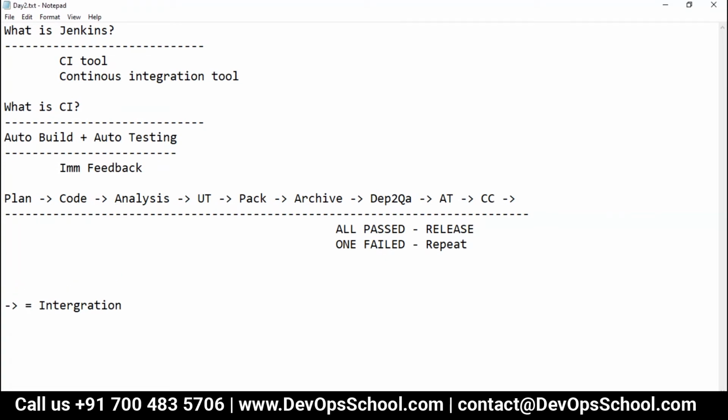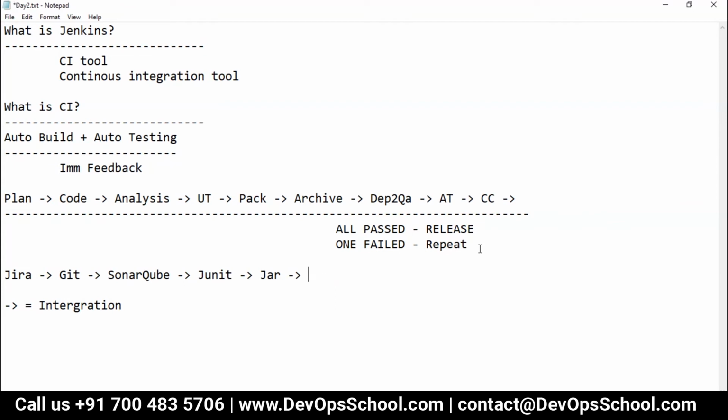Look at this. Planning typically we do with the help of Jira. Coding with the help of Git. Analysis we do through SonarQube. Unit testing through JUnit. Packaging, let's say JAR, WAR, EAR and all we create. Archiving, Nexus. Which one are you using, Nexus or Artifactory in your project?